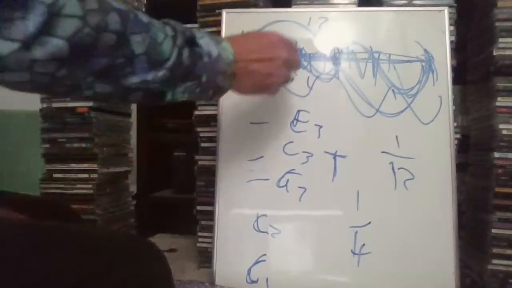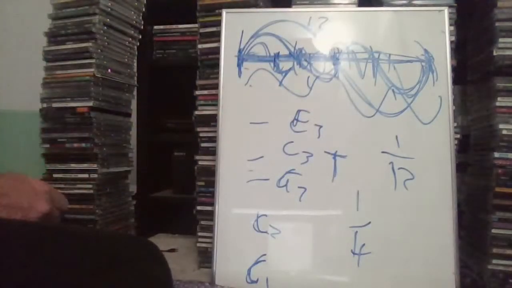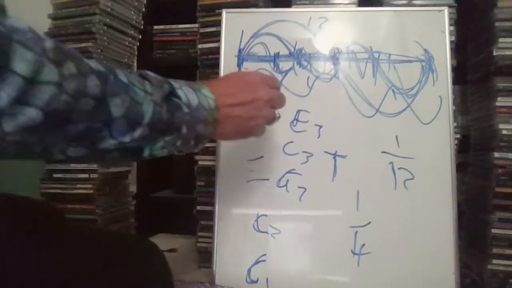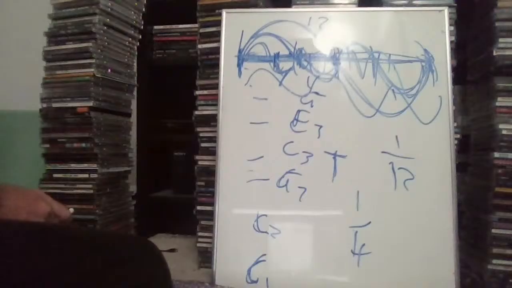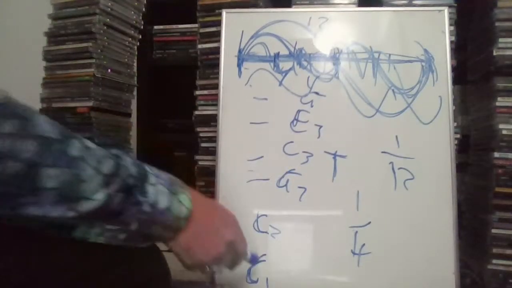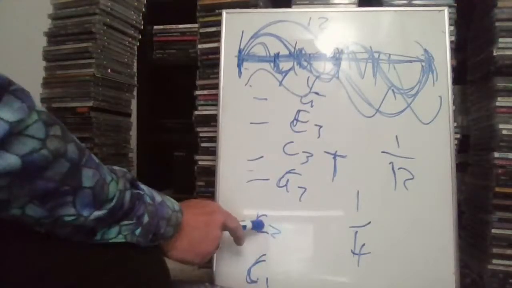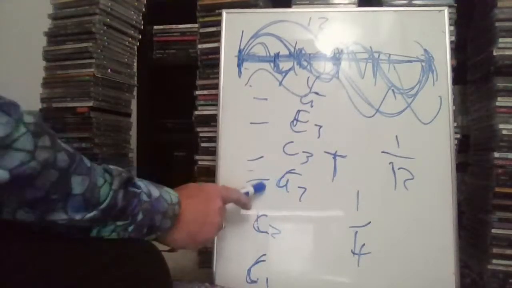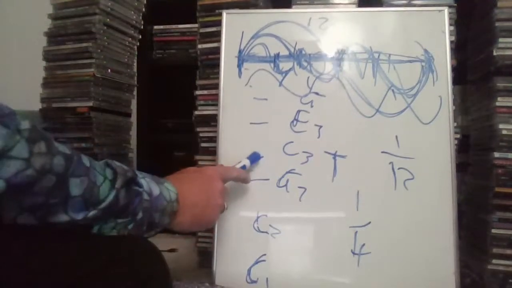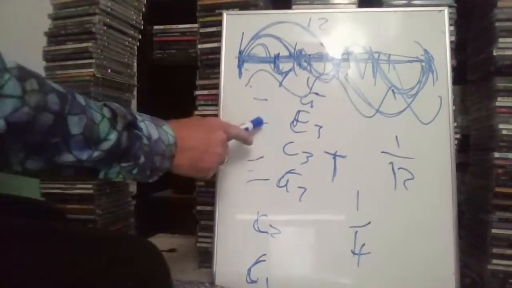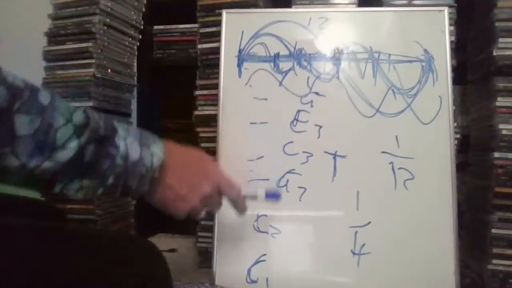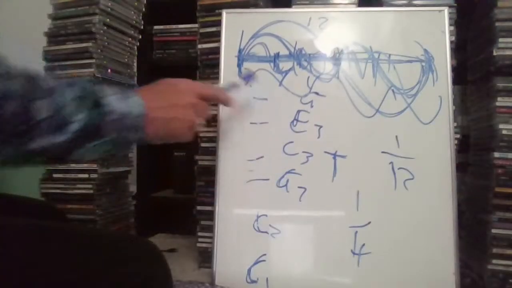How about 6? I can multiply it by 6, and that would be 2 octaves and a fifth above. So that would be a G up here. And that's another overtone. So the first partial, C1; second partial, an octave higher, C2; third partial is an octave and a fifth; fourth partial is 2 octaves; fifth partial is 2 octaves and a major third; and sixth partial is 2 octaves and a perfect fifth.